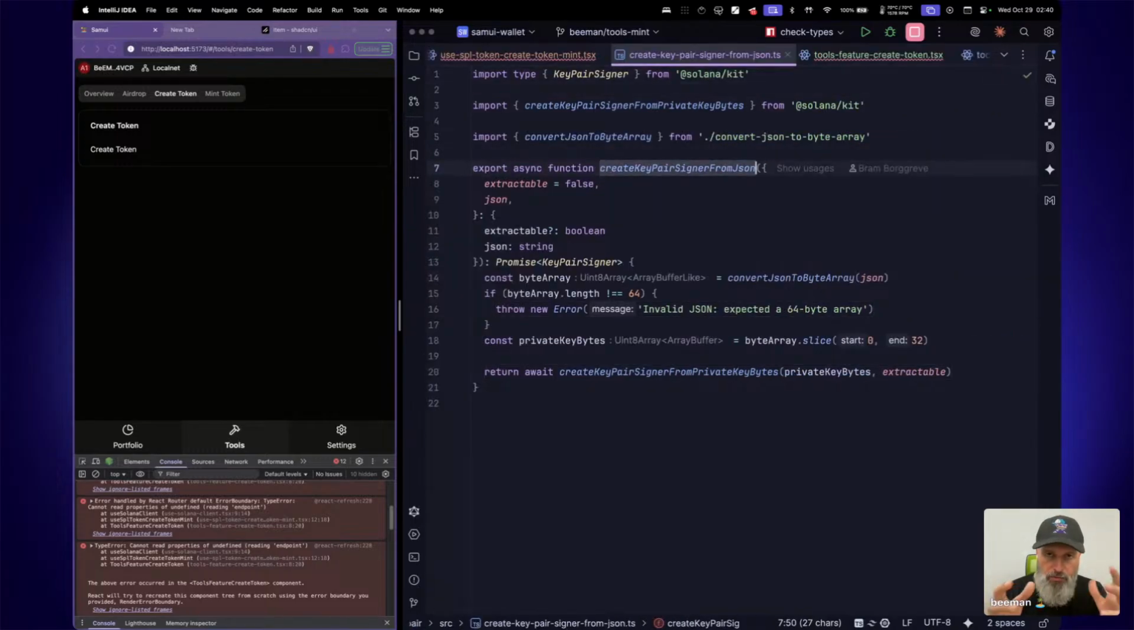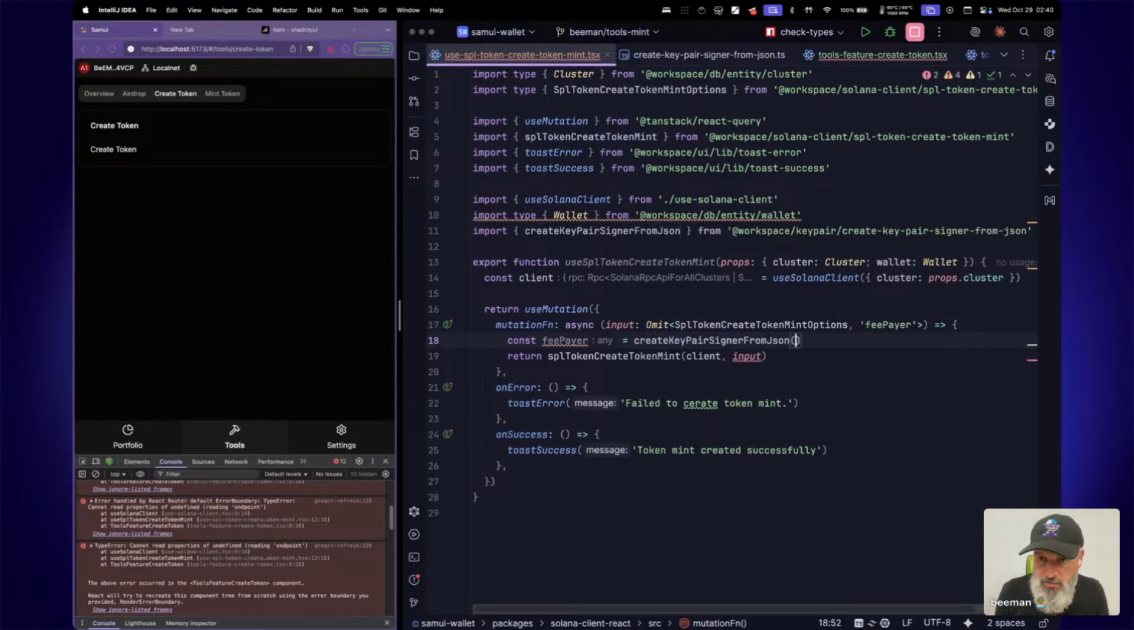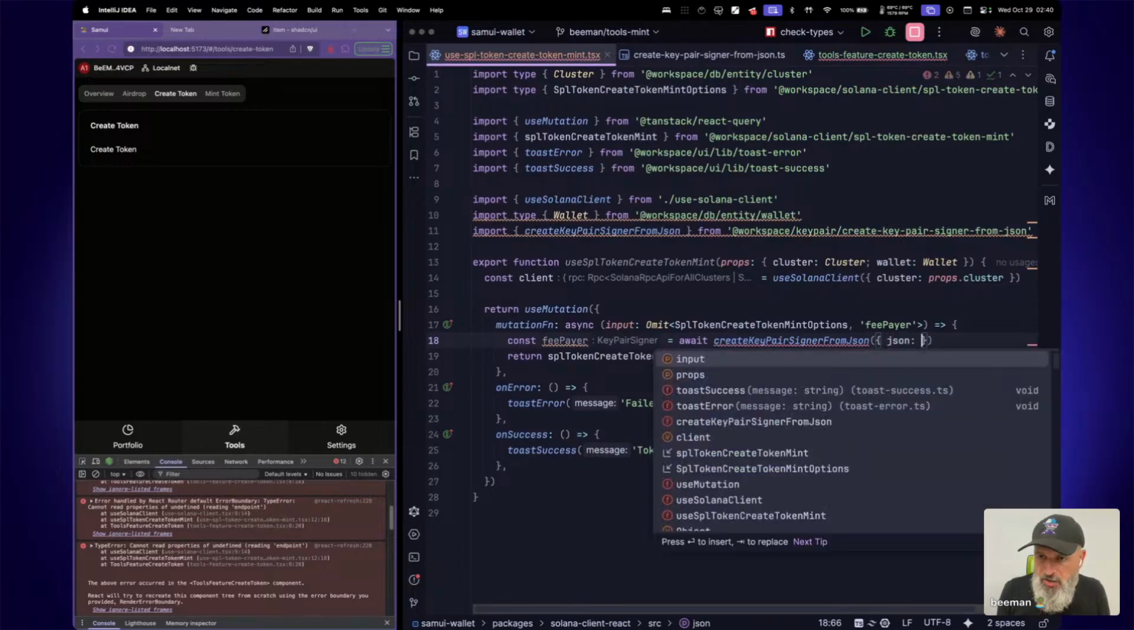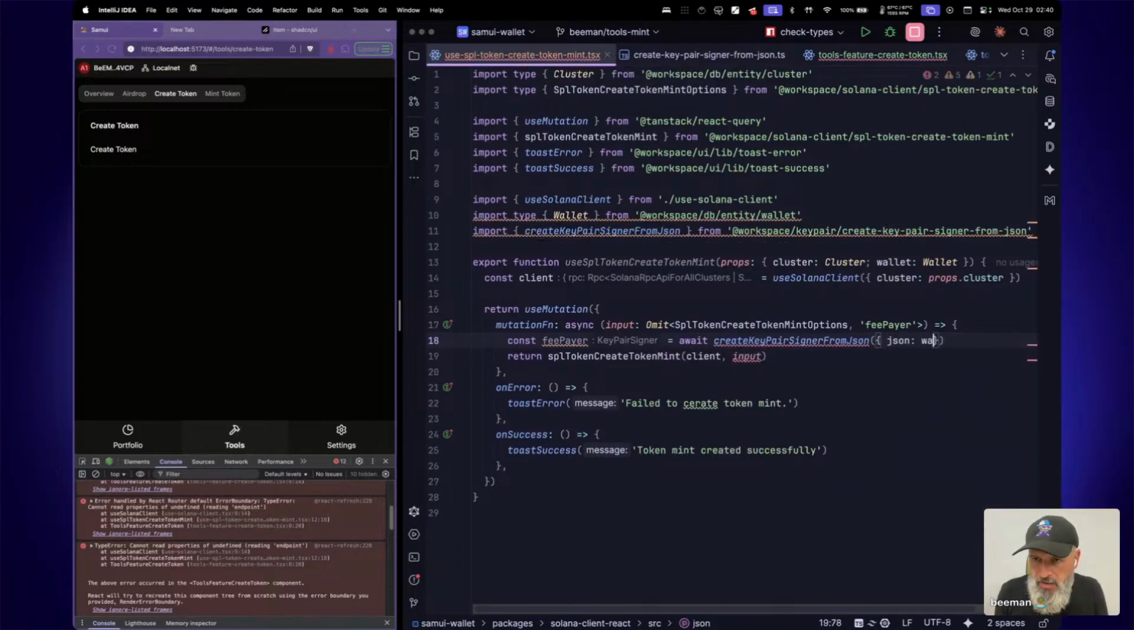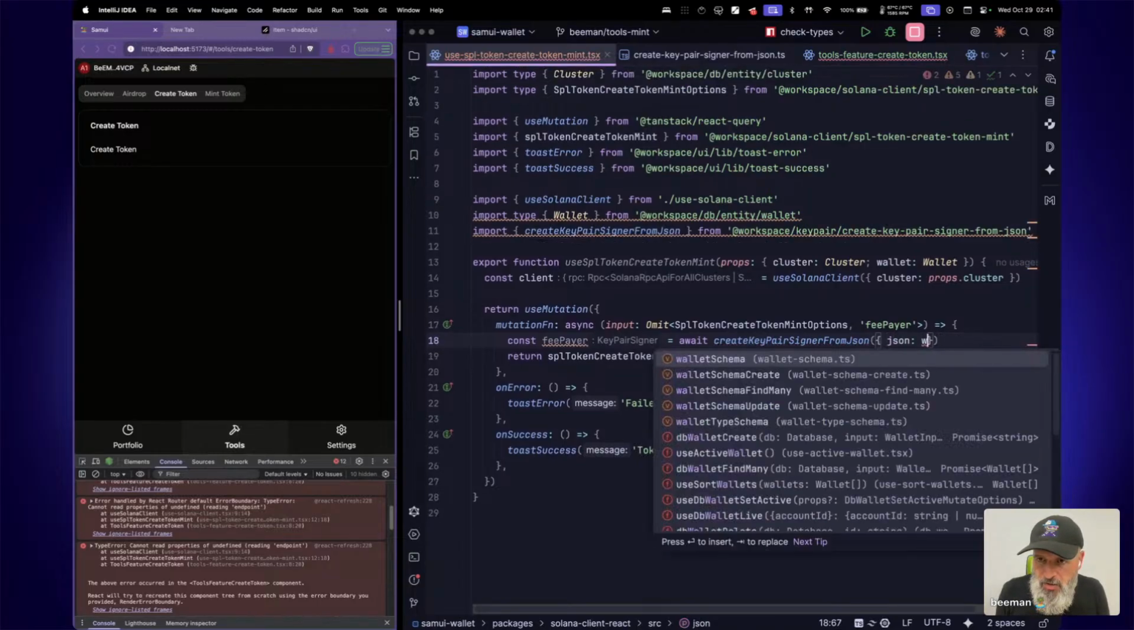Now, one of the reasons I don't say create key pair from wallet is because this key pair package doesn't know anything about our database and our wallets. Now, I don't say it must not, or it may not. This is just how it works today. So this is a promise, so I'm going to await this. And then the JSON here, and this is a very ugly API, JSON here is